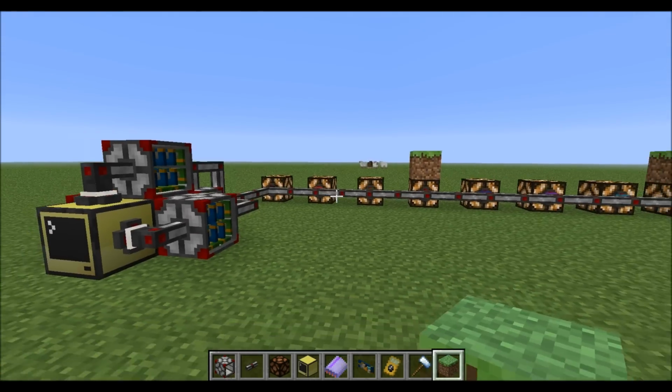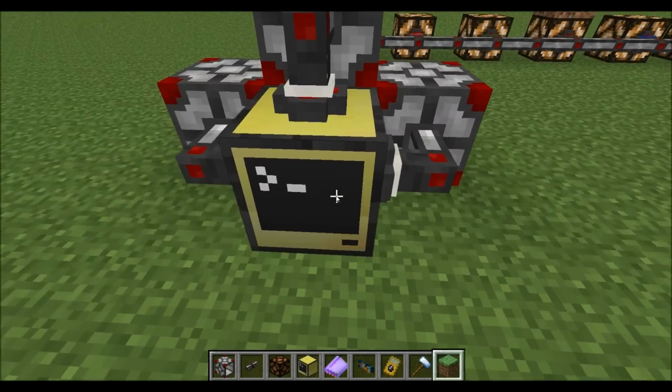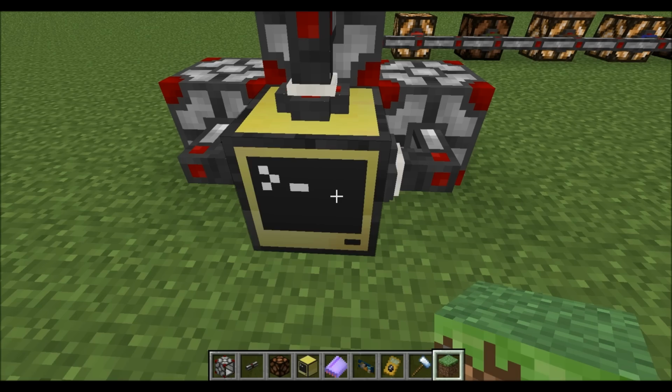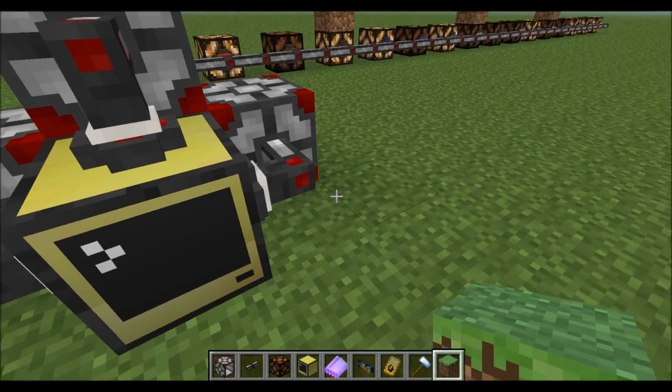Woo! They're all on. Awesome. Right, now let's test it with some random numbers. Let's go for the 1st, 2nd, 3rd, 6th, 10th, 12th, 14th and 16th numbers on. I've already written this down. So bundled stuff 43559. Now we should be seeing